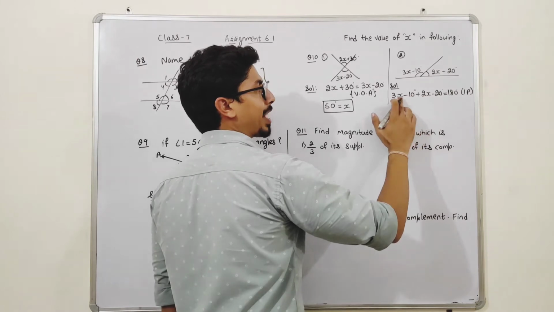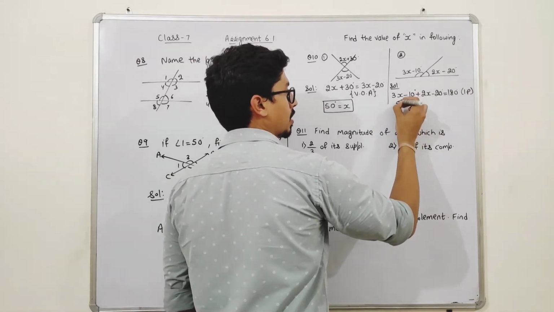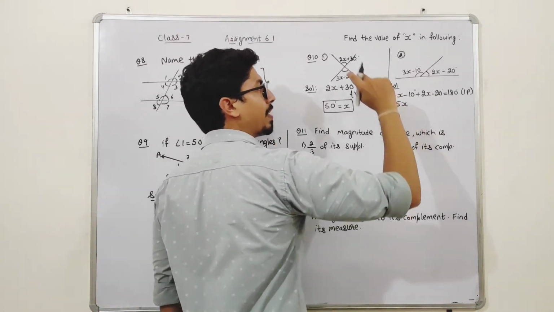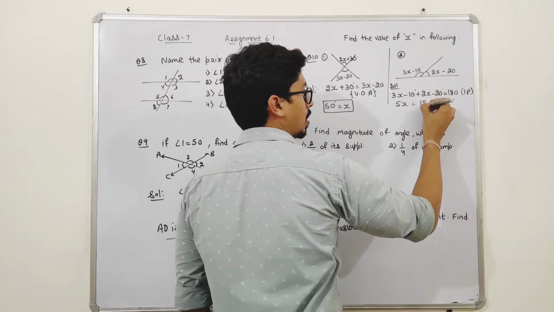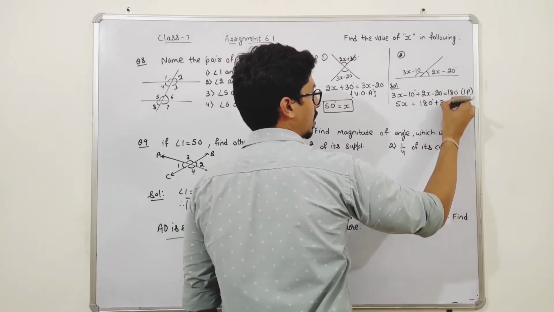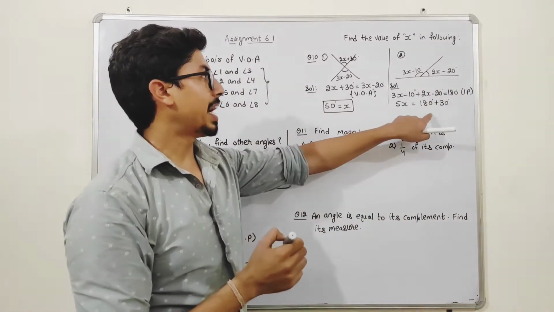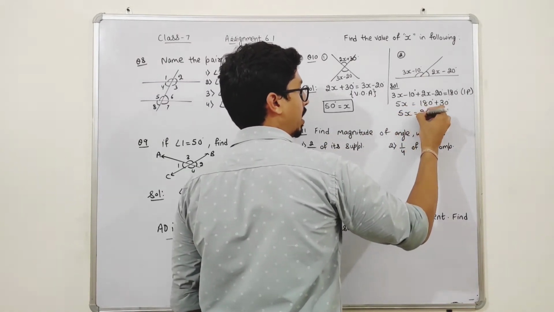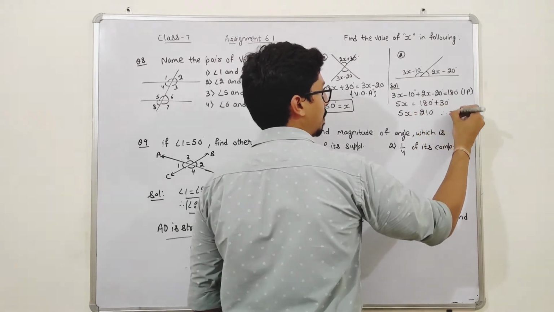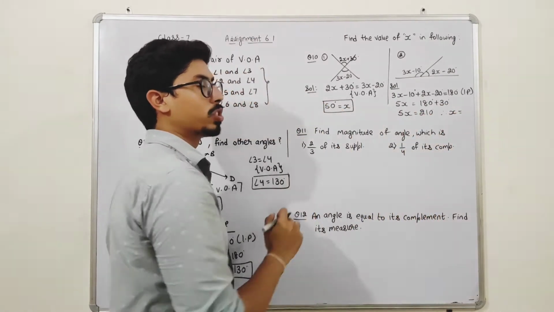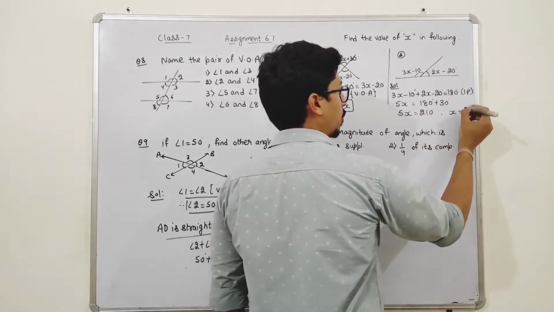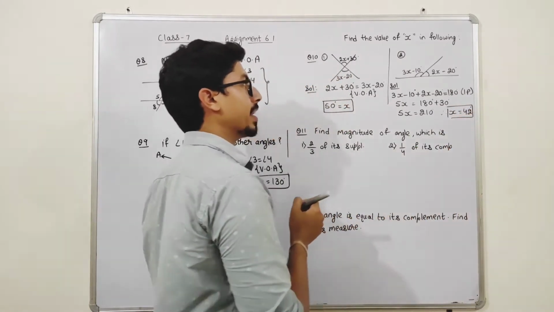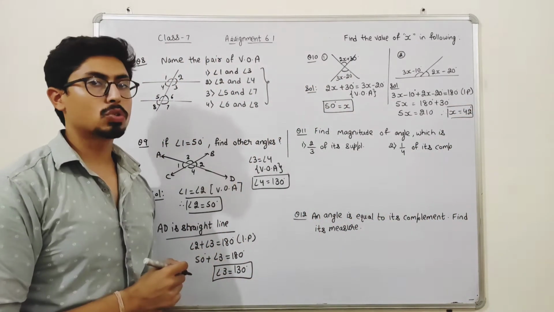So see, 2x plus 3x is 5x. Minus 20 minus 10, minus 30. Minus 30, when it goes here it will be positive. So 180 plus 30 degree. Okay. Now if I just add them, students, it will be 210. So 5x will be 210. Therefore x will be, see, 5 is in multiplication and when it goes here it will be in division. So 5 2s are 10, remainder is 1. So x will be 42 degree. Okay. So this is our question number 10, students.